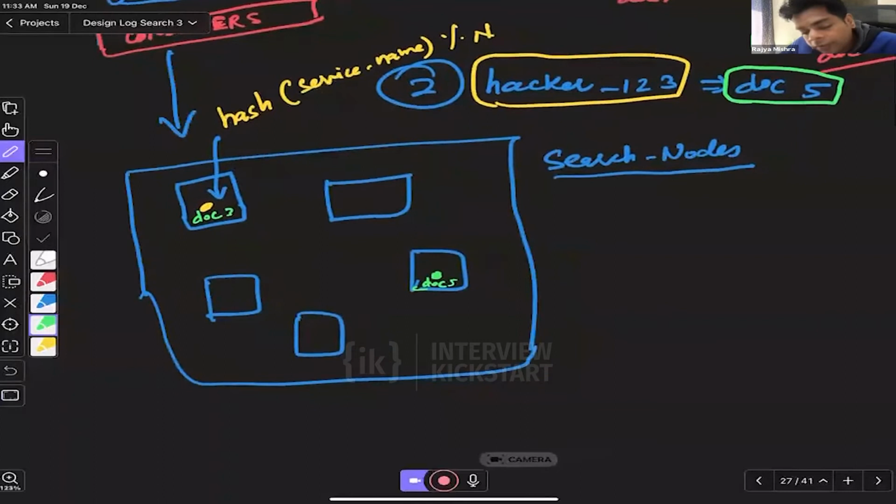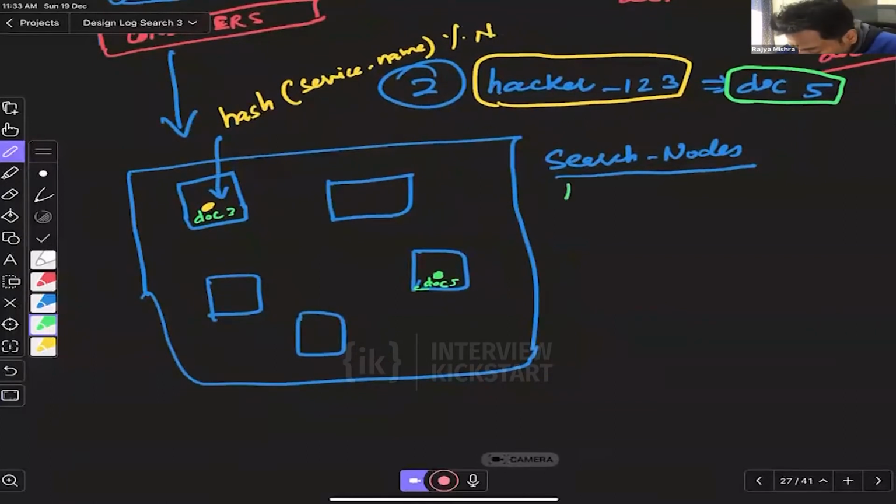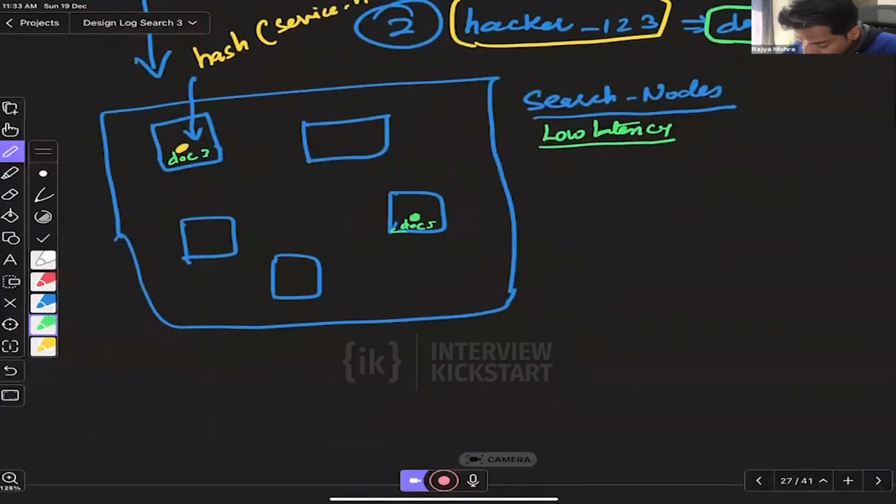Now, why are we doing this? We are doing this to support the low latency requirement. And when we are storing the inverted index,